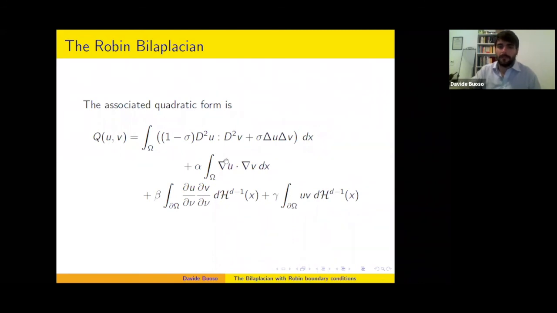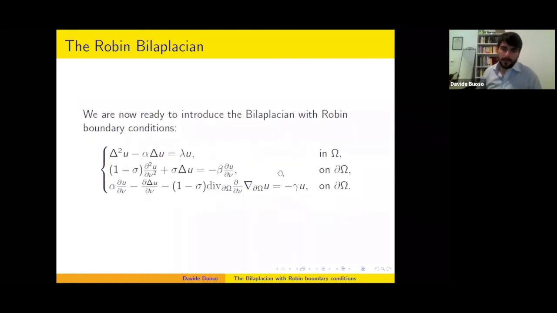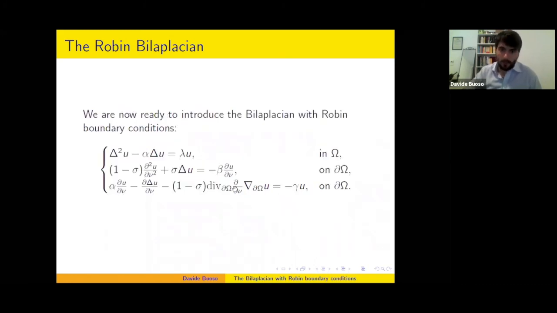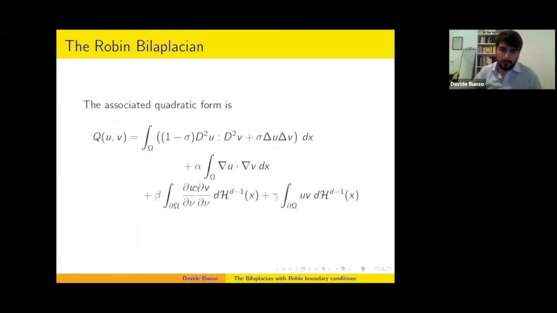When you want to derive the strong formulation, you start integrating by parts these integrals here, and you see that these terms appear precisely in correspondence of normal derivatives. So you will have this whole stuff multiplied by the normal derivative of v,